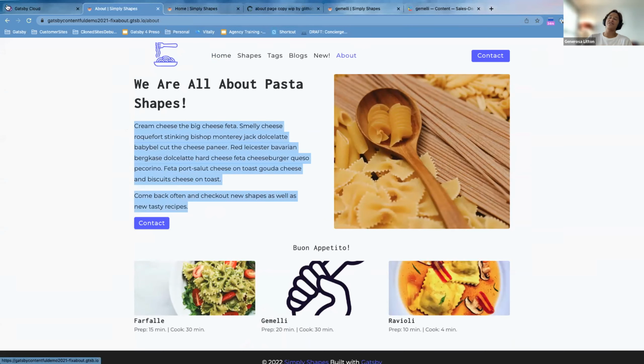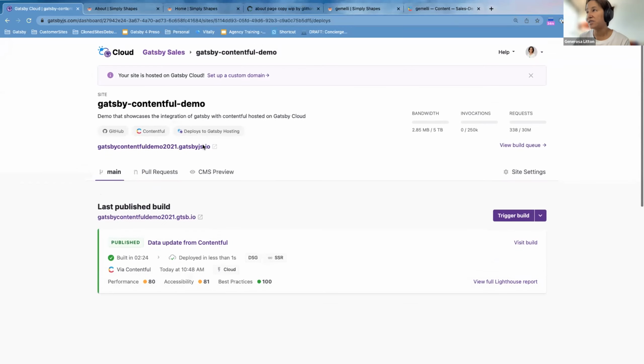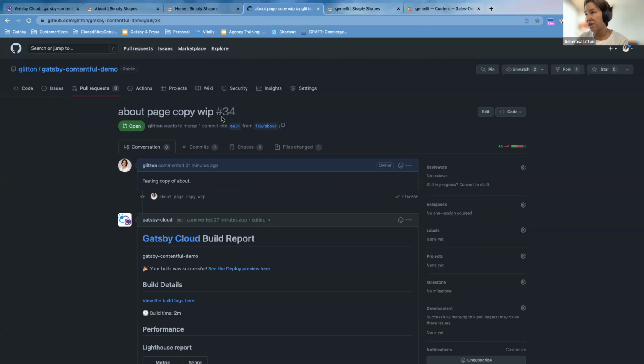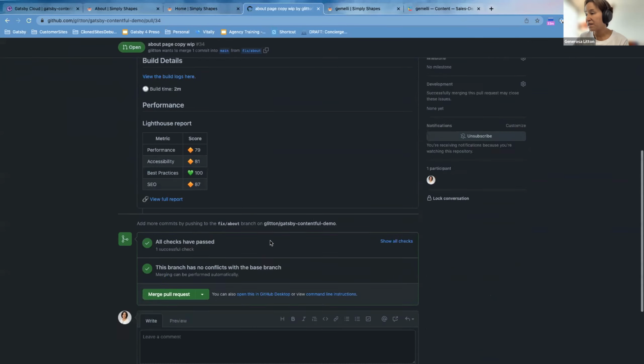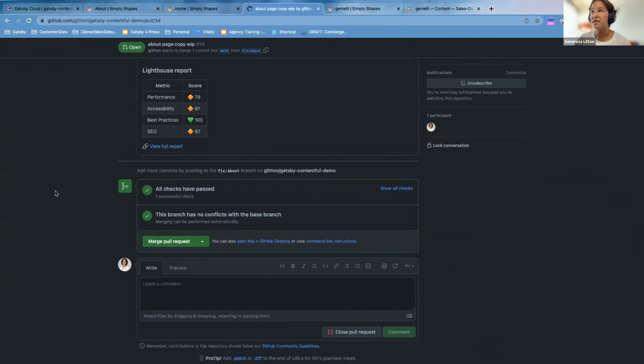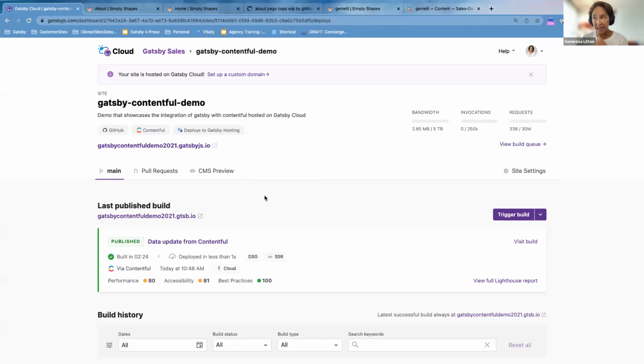So this person is just working on things. But what's cool is you can preview that before you actually publish. So from a developer workflow, that's something that's built into Gatsby Cloud. And if you want to merge any of your pull requests, you can do it easily in GitHub. Here's that page, we just saw it. Looks like if everyone's happy, you can just merge it and you're done. So again, this is your typical workflow, but we enhance it in Gatsby Cloud.